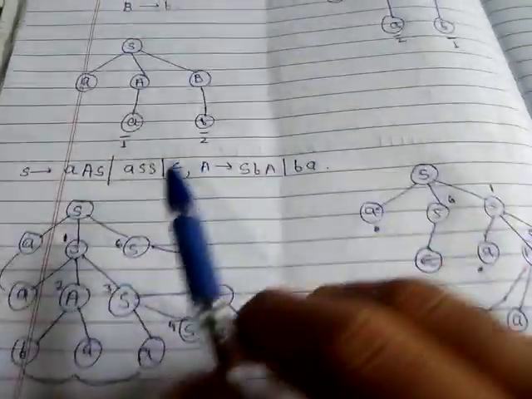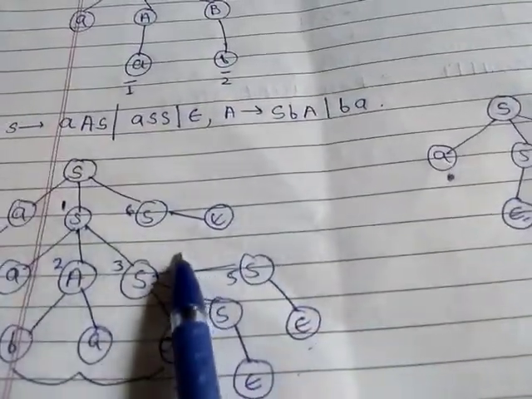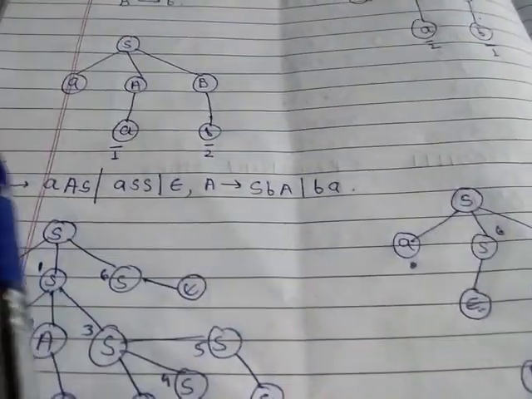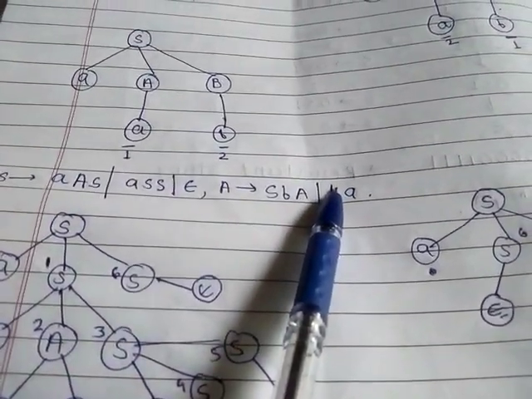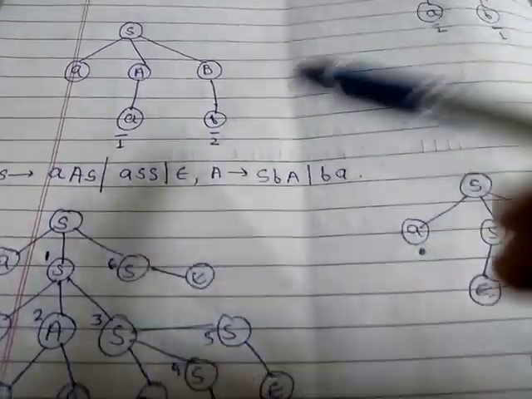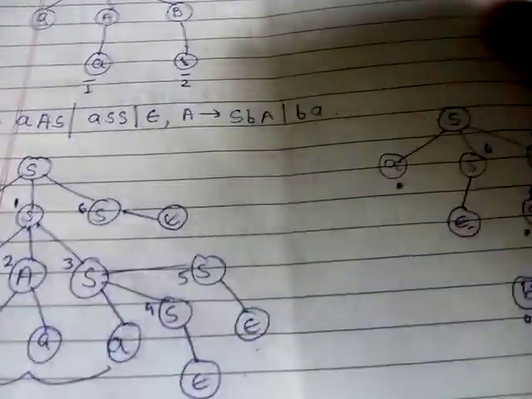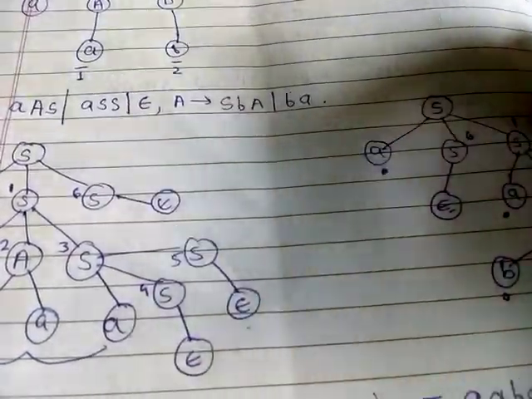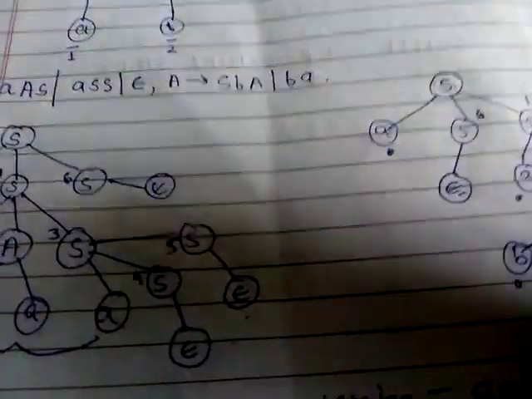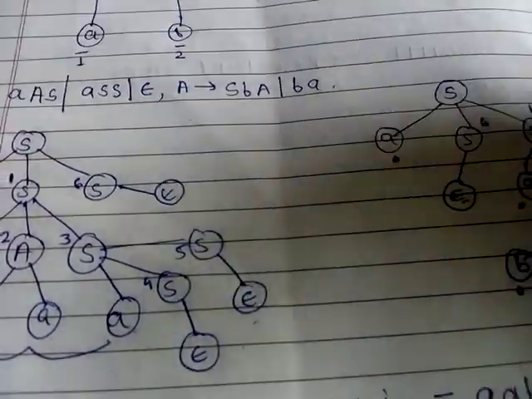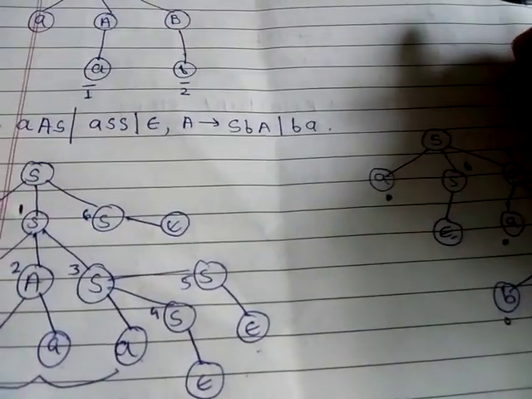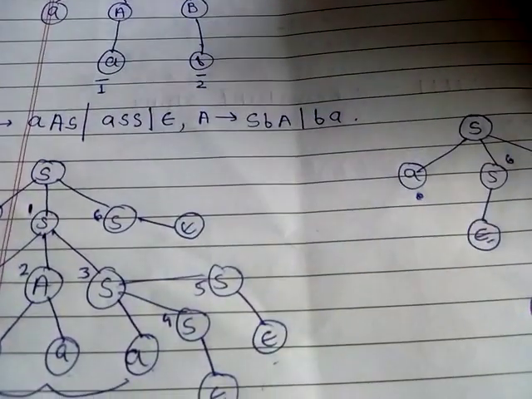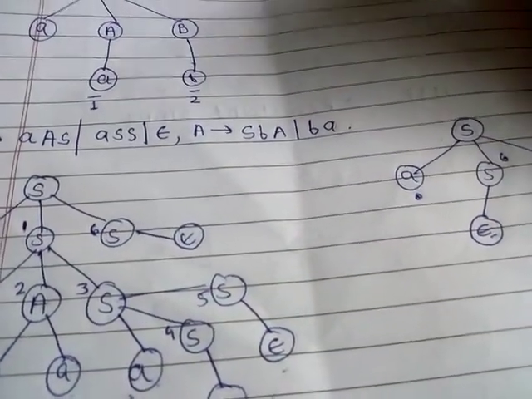In this way we can generate the leftmost derivation and rightmost derivation tree for the given production rule. In this case, we will generate many derivation trees if epsilon is not given. So you can generate the kind of tree which has the minimum length with a good output. I hope, students, you all understand the concept of left derivation and right derivation tree. We will meet in the next lecture.